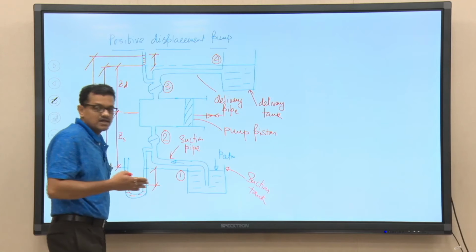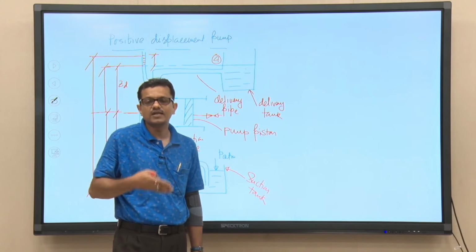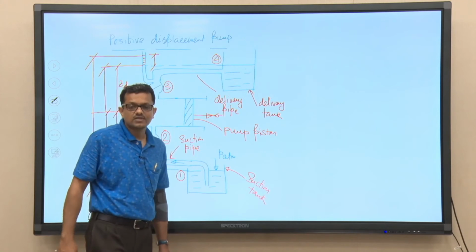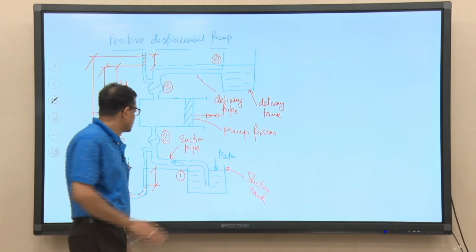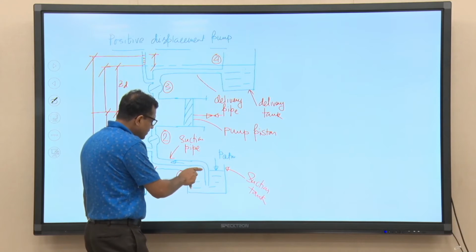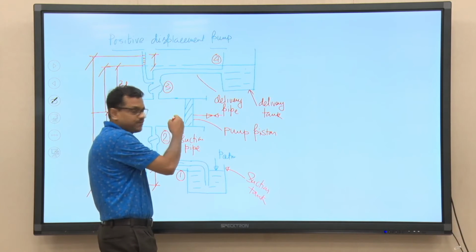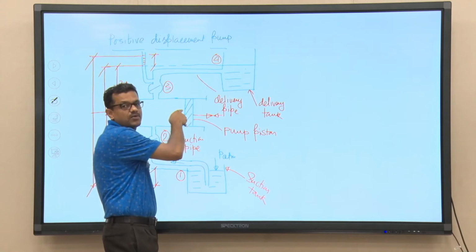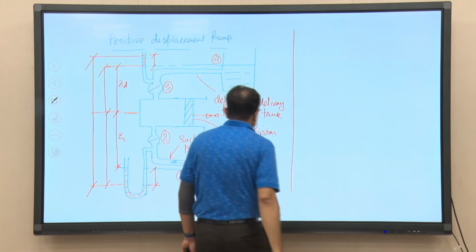So, you have studied in thermodynamics that energy, heat is also energy, work is also energy. We normally deal in mechanical engineering courses with these two, heat and work, two different forms of energy. So, here when liquid is being transported from point 1 to point 4, we need to give energy to the liquid by using this device in the form of work. Okay.